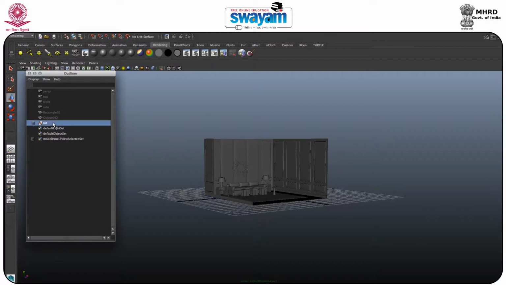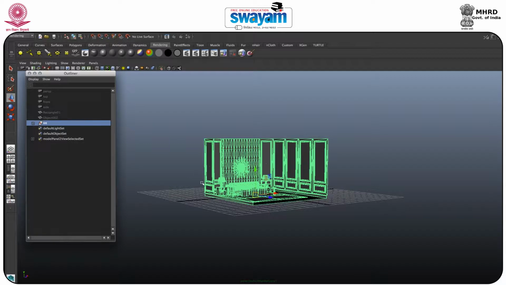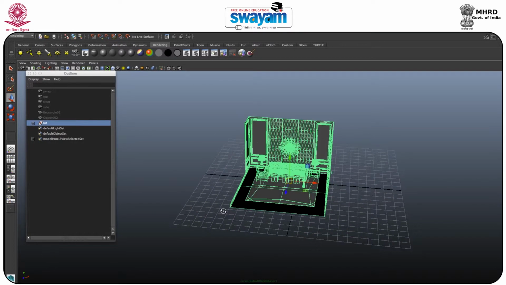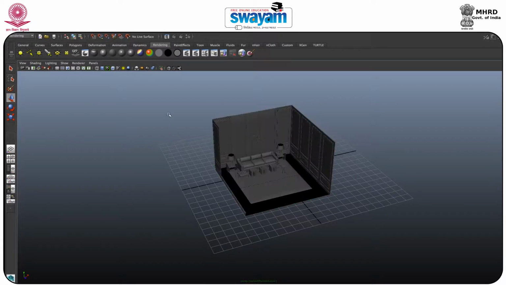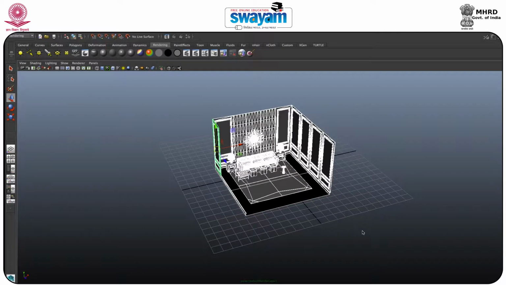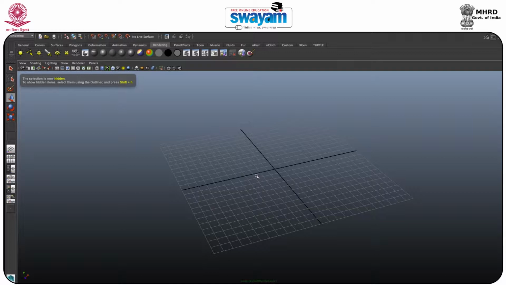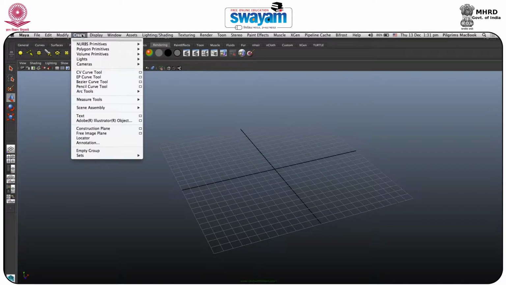Okay, so the camera basically works like this: if you go to Create and then Camera, here you have three types of camera, but the stereo camera is entirely different from these three. This is the multi stereo rig. So these two are different and these three are a little bit the same. So here you have the camera. As you can see, this is the camera, and if you select any of the objects